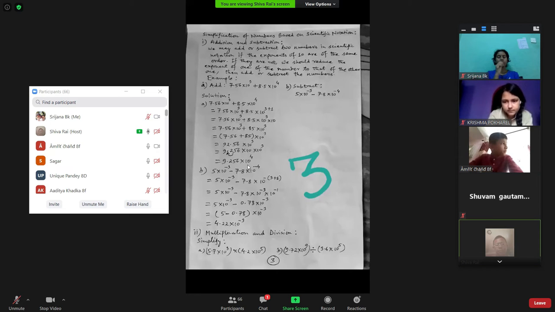What I was explaining, you are not listening. Okay, look here. In the bracket, you look: 7.56 plus 85 into 10 cube. Up to that step, do you have any problem? No, sir. Now you add 7.56 plus 85, that is 92.56. Yes, sir. Okay, up to that step also no problem. Now after this you look here.